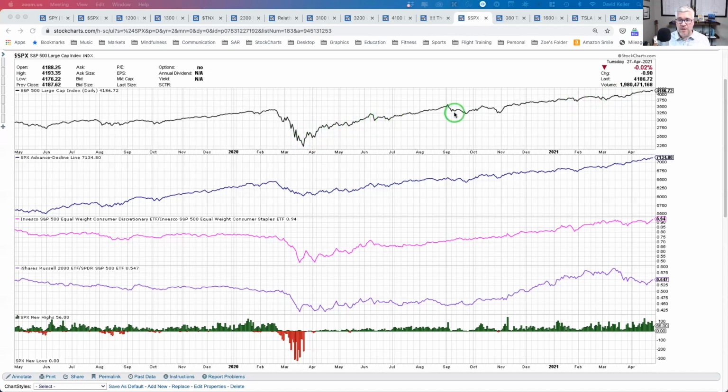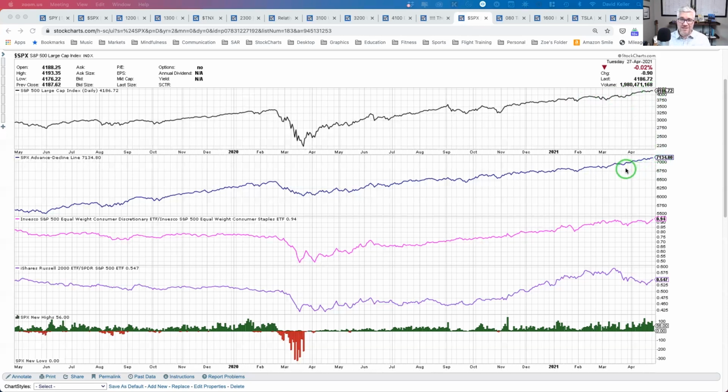Here in June, September, October, November, you sort of stayed steady, right? You keep making higher closing lows. So until that pattern breaks, until you make a new low using the closing prices of the S&P, overall the trend is up. So number one, thumbs up from the closing trend of the S&P 500.